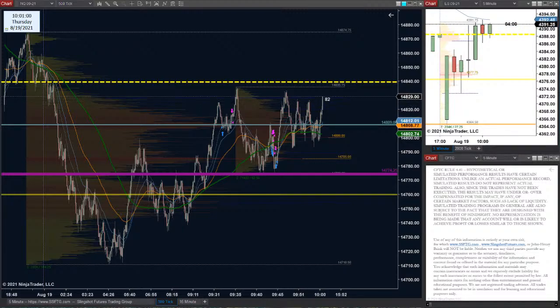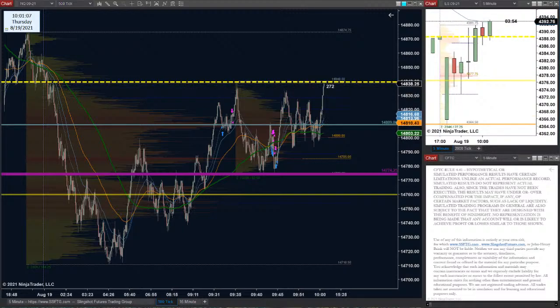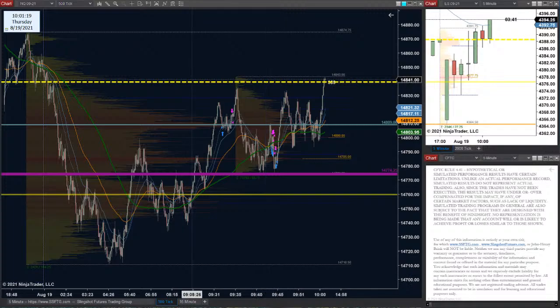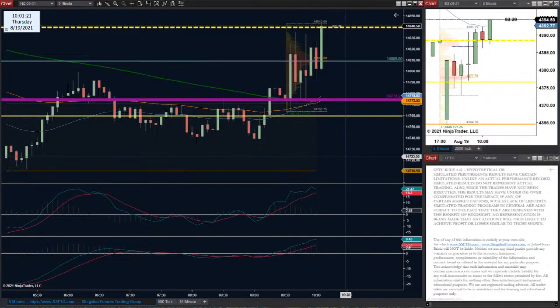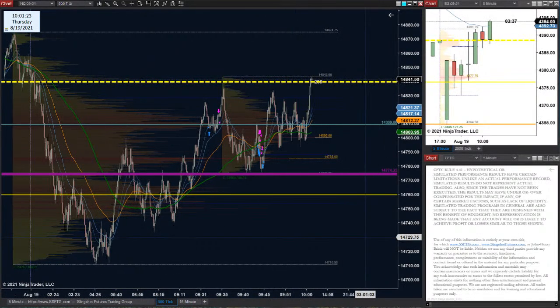Bulls still holding the 14,800s. Looks like this is their chance to get that last tap. We are also going into 10 o'clock, so feel free to get those last questions taken care of, and then we'll switch over. There's the final move. Or potentially the final move, I should say. We don't know that it's the final move yet, but this does complete the 5-wave cycle.